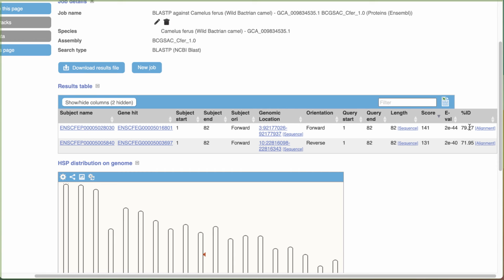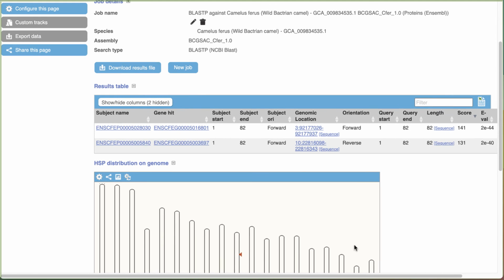We've got quite high percentage identity, sort of 80% and 70%, and quite low E values. And this suggests that one of these is a copy. So one of them is the original gene, and one of them is a paralog that's come about through gene duplication.